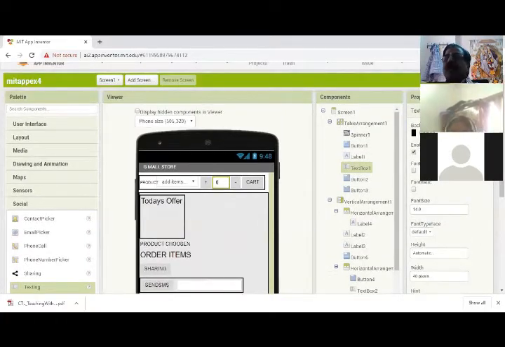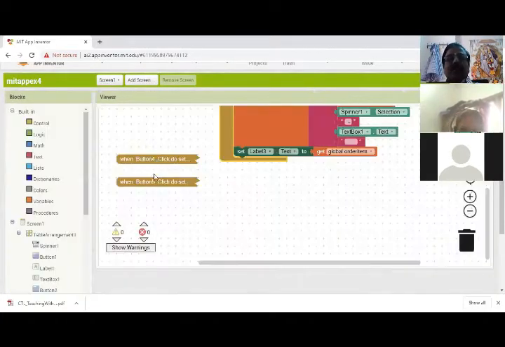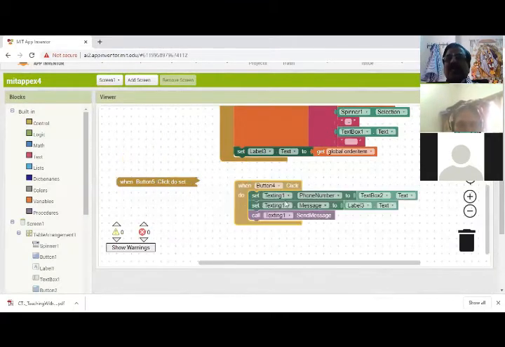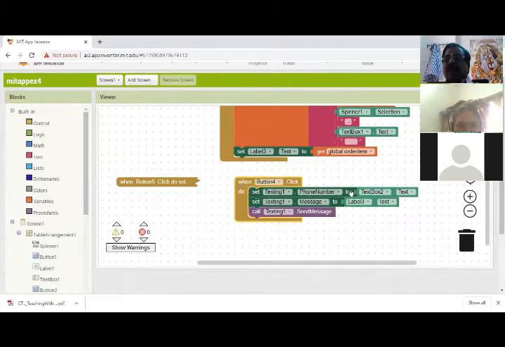Okay. So in the blocks, what I have done. I expand the block. So first of all, for texting, I need the phone numbers. I am going to give the input from the text box too. Suppose I need a lot of them, easily I can give the numbers. What are the numbers if you want to text? Okay. So texting message is label 3. Already we have collected all the information. I will show.